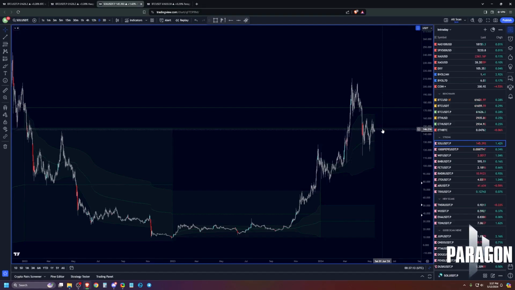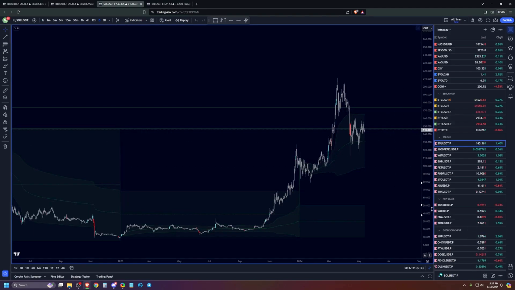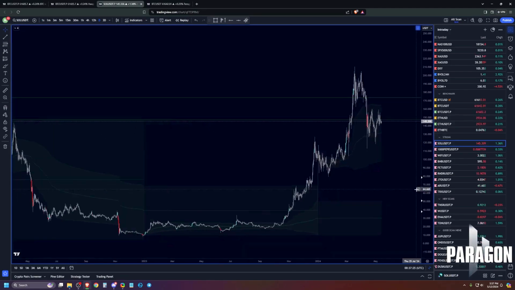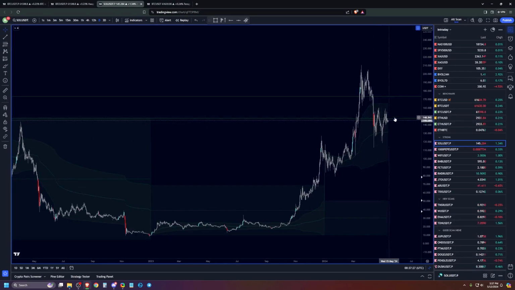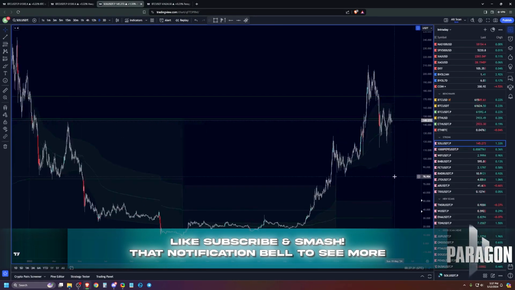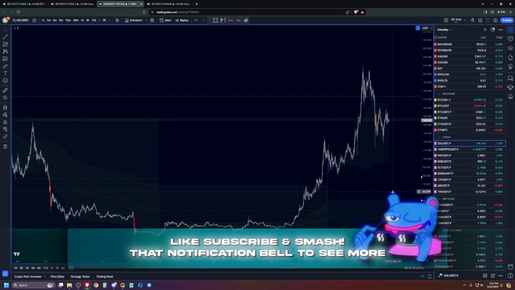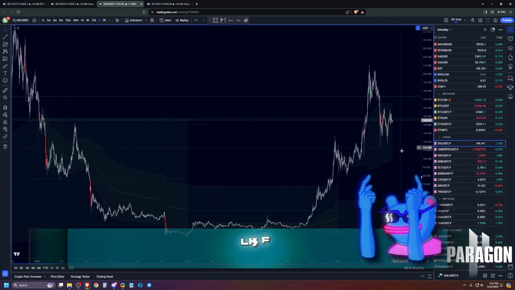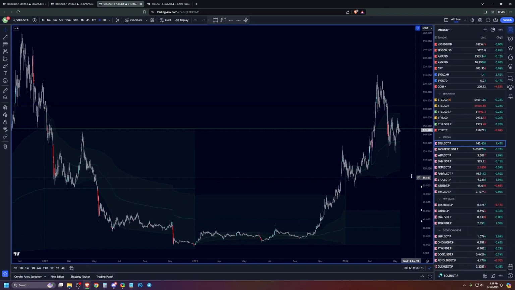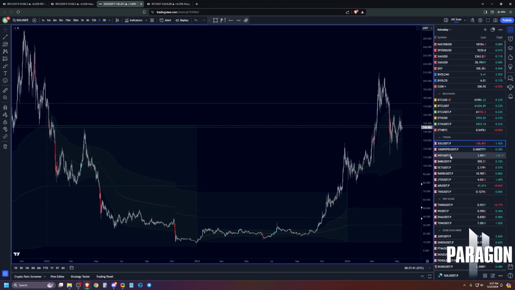So I really want to see Solana able to reclaim this 147, 146 kind of level to feel more confident. I don't really think that I'm going to be changing my hedging, my overall positioning, anytime soon, just because Solana makes a reclaim isn't going to change anything for me. But as one of my core bags, I obviously want to see this one continue to be healthy. And this is probably one that I'll end up trading this week on the CPI, right? This Solana falls really in line with trading Bitcoin on that.